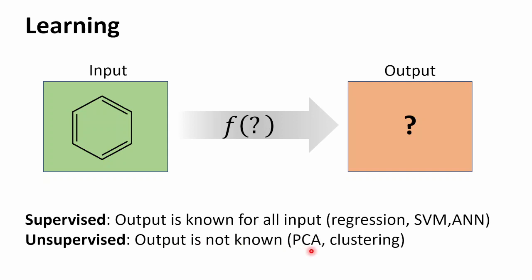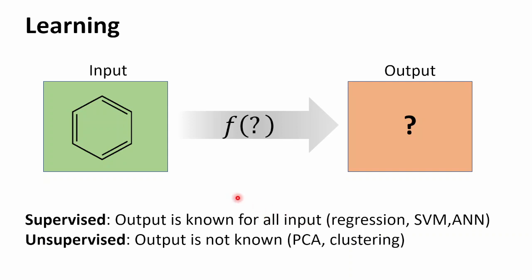An example of that is PCA, which is principal component analysis, or clustering, in which we do not have an output. But in this course, we'll focus only on supervised learning, where we have the outputs which are either HOMO, LUMO, or molecular properties or classes, and we'll use regression, support vector machines, and artificial neural networks for these